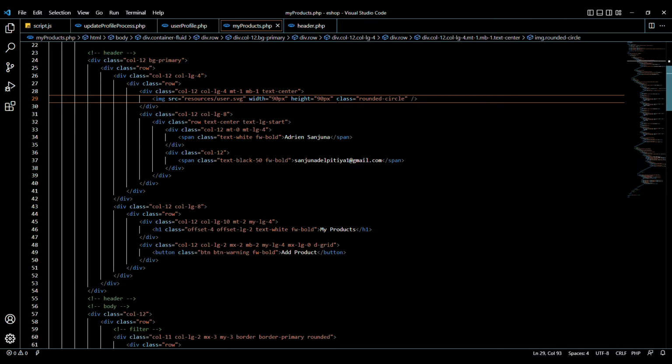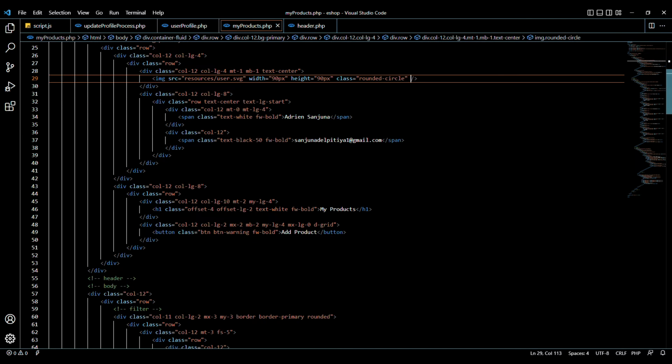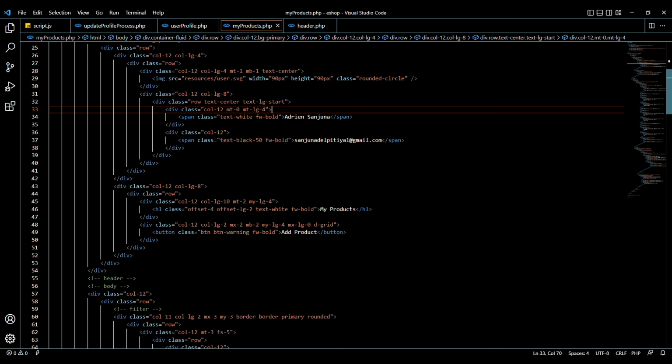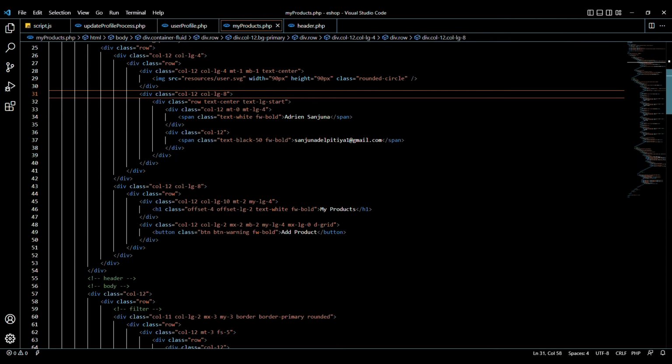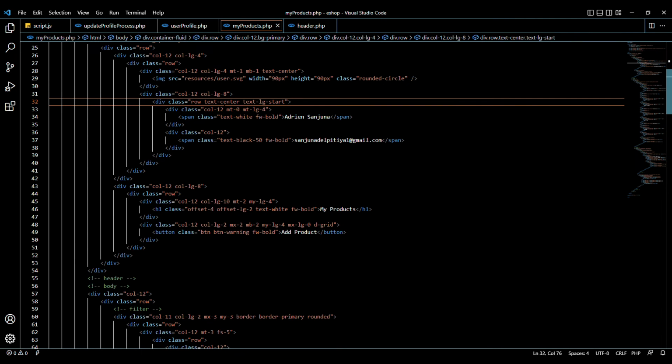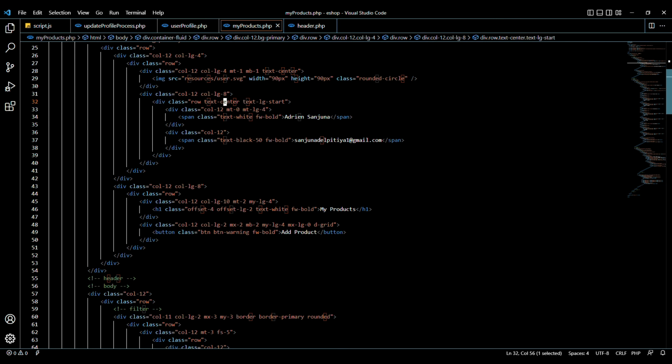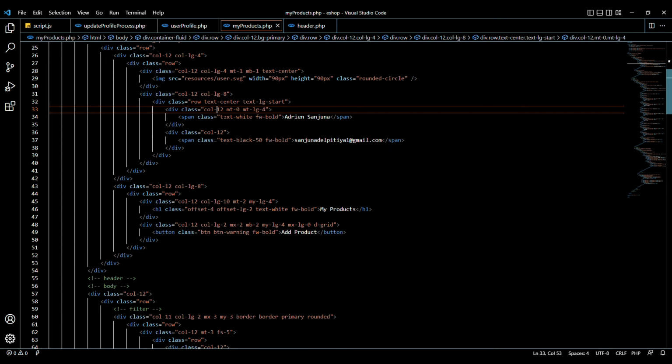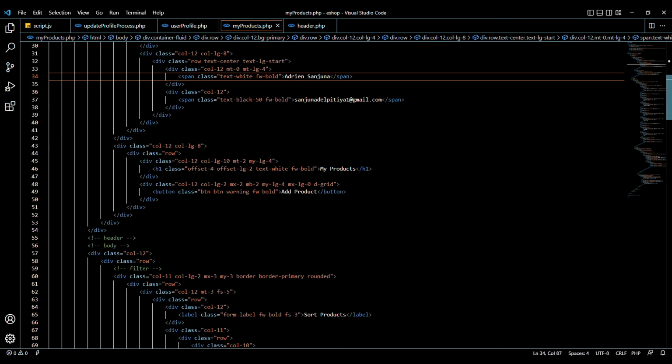We have a width and height set for this, and our class which gave a rounded image, so rounded circle, and then under that we created another div, and we gave it as a row text center text large start, so in the large screen it starts at the center. Here again the column size is 12, margin top is 0, margin top on large screen is 4, and we have added the span tag, and here our name is added, but for now I just added my name without adding